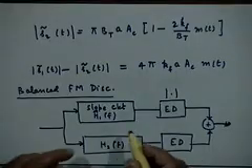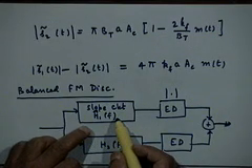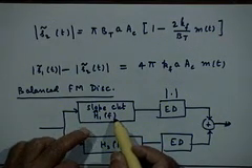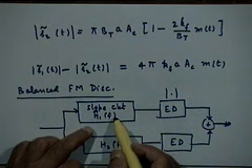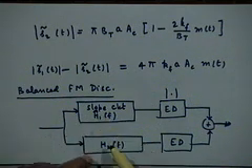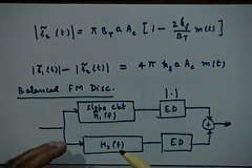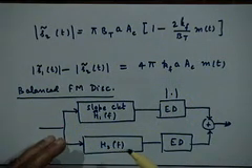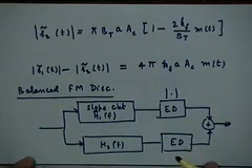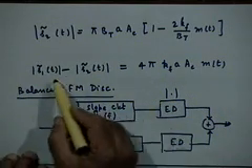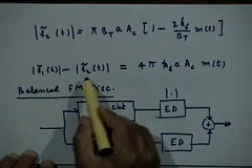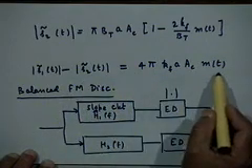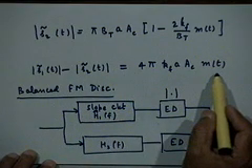So as you can see, the balanced discriminator that we discussed earlier essentially tries to realize this, right. Remember we had two tuned circuits, one which was approximating one slope circuit, the other which was approximating the other slope circuit. That is all that we had. So this mathematical theory now precisely explains why the difference in the envelopes of the two would be your required demodulated output.